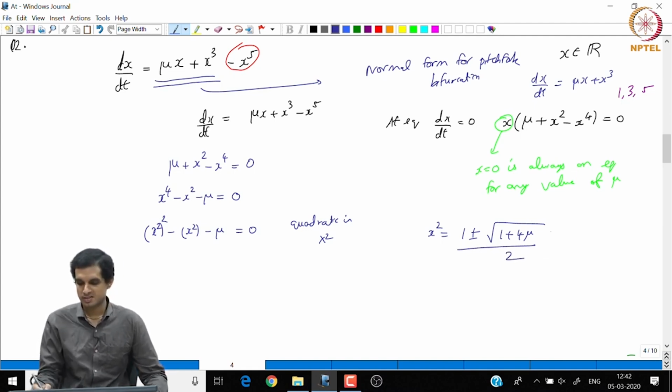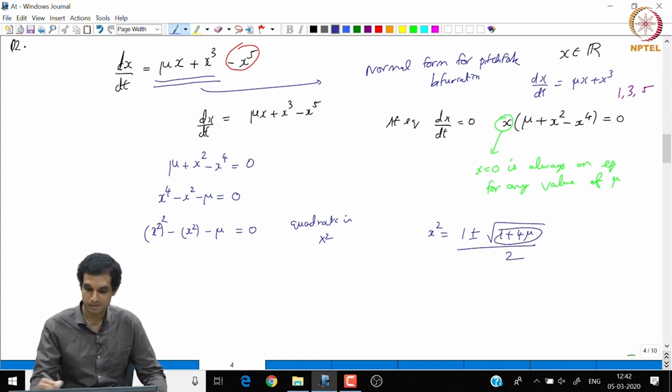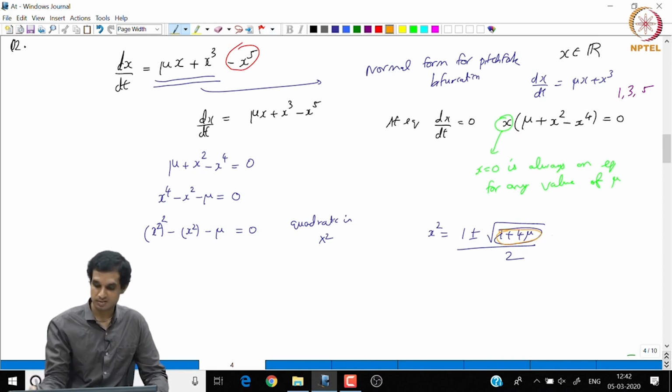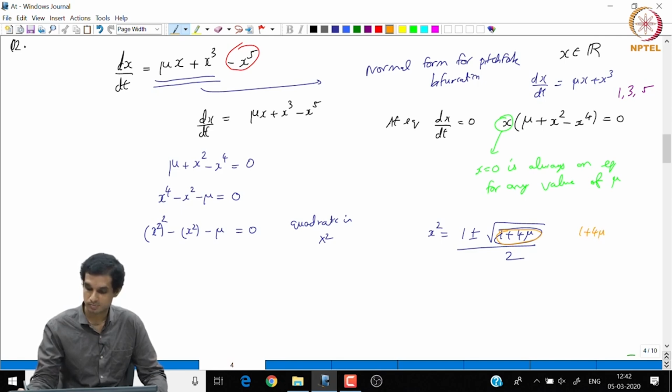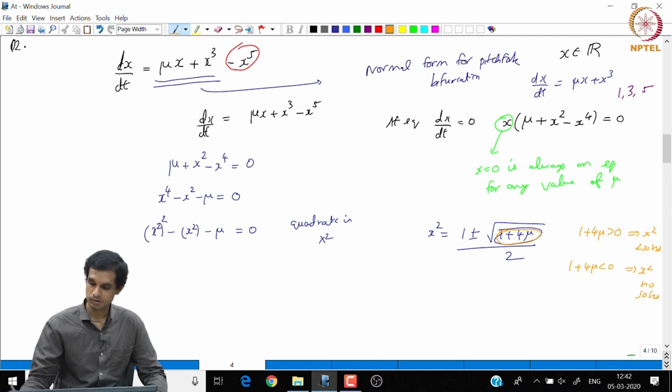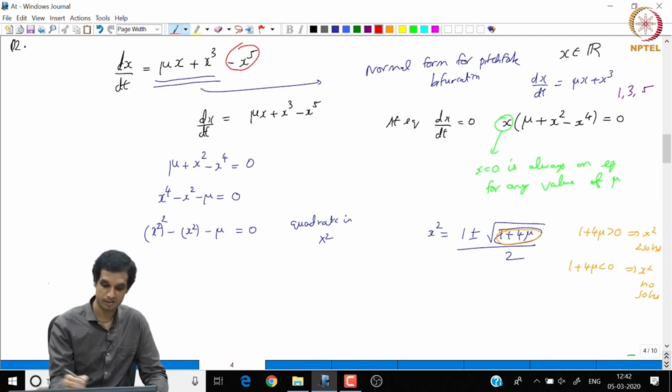Now, as usual, the discriminant of this quadratic plays a very important role in determining the number of solutions, right. When the discriminant is positive, that is 1 plus 4 mu is positive, x^2 will have 2 solutions, and when 1 plus 4 mu is negative, x^2 will have no solutions. So, let us now analyze case 1,